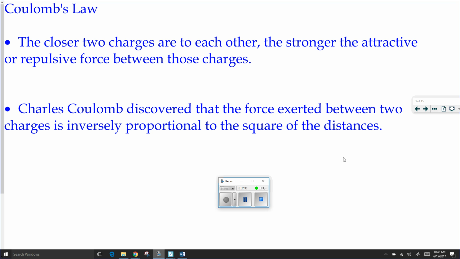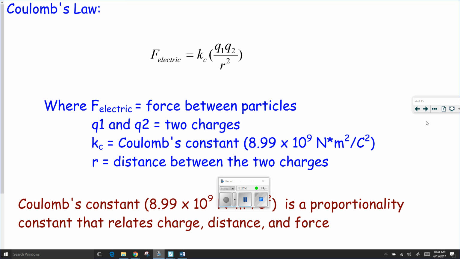Sir Charles Augustin Coulomb discovered that the force exerted between two particle charges is inversely proportional to the square of the distance. Let's take a look at what that equation will look like. So here is Coulomb's law. The electrical force between any two charged particles equals Coulomb's constant, which is 8.99 times 10 to the 9th newton meters squared per coulomb squared, or we can round this up to 9 times 10 to the 9th newton meters squared per coulomb squared,